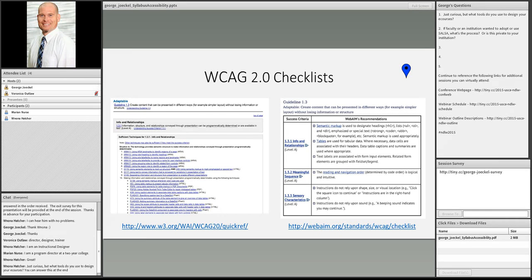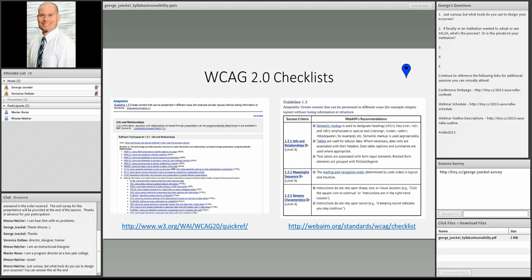I don't know if you folks are familiar with WebAIM, but it stands for Accessibility in Mind, and they're a nonprofit organization that promotes these web accessibility standards, and they have a lot of good tools. And I can say great things about them because I just started working there, so I haven't really participated in building any of these things.